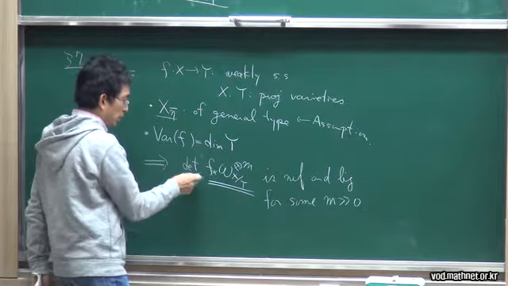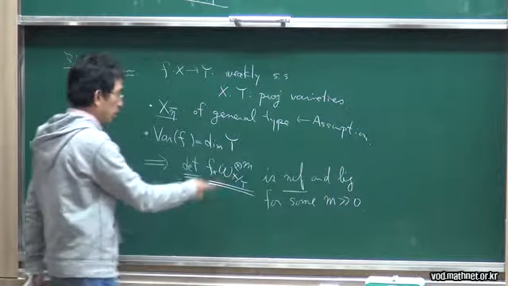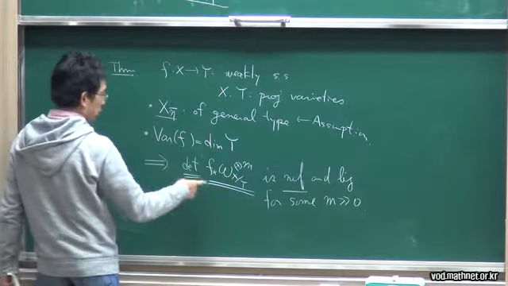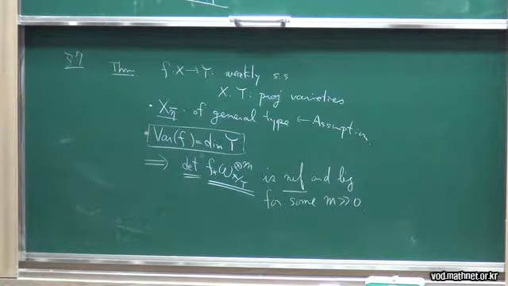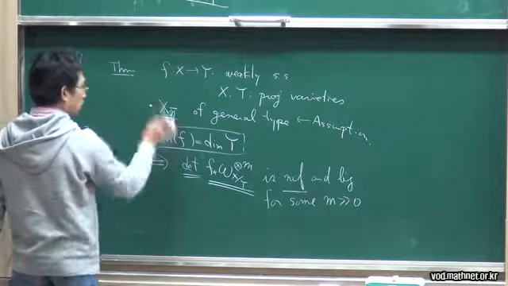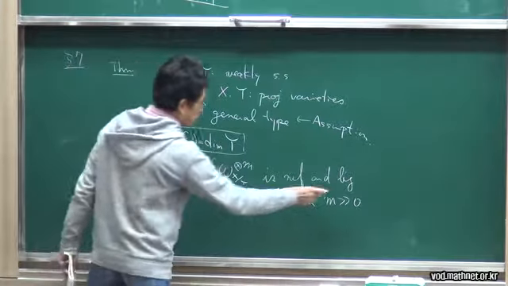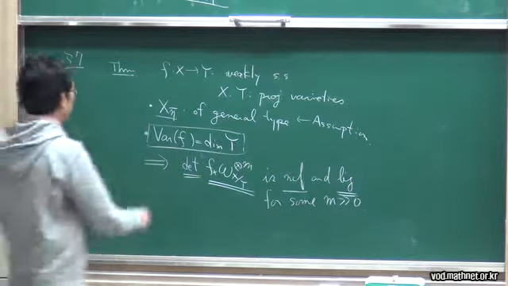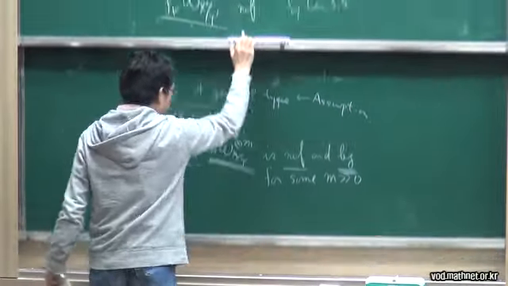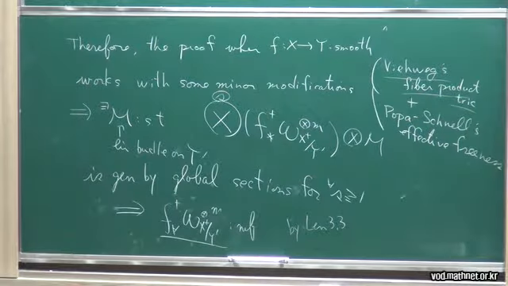But by taking the determinant, we have a NEF line bundle, and using this assumption, this map has maximal moduli, maximal variation, we can prove this is big. Okay, and by using this theorem, we can quickly recover